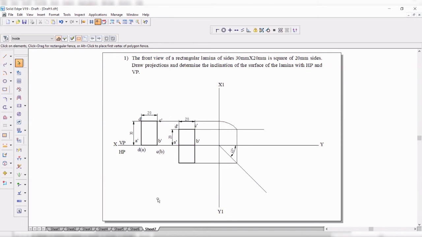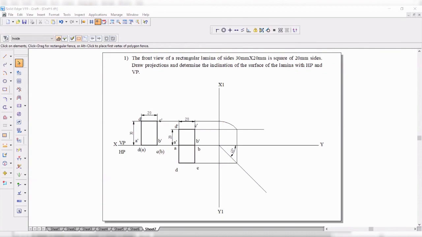Now you can name the corners: this is A, B, this is C, sorry, this is C, and this is D. You can just pull it apart like this. Now this is over.